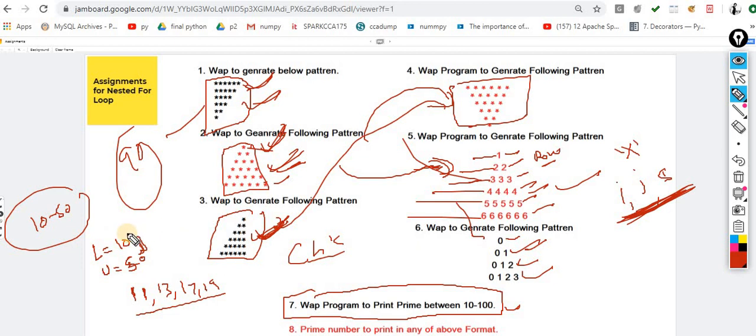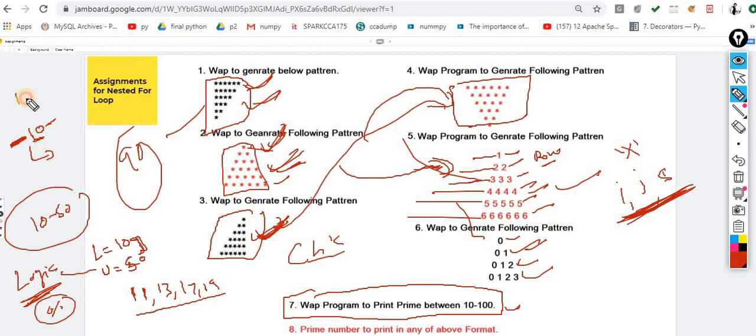So this is the question that you have to implement. The logic is the same, and I am giving you a hint. The logic is the same as what we achieved for the prime number, and this time we have to implement it with the help of two loops, because one loop will take care of your starting value, which is 10, up to the ending value, and the second loop will check whether the given value is prime or not.